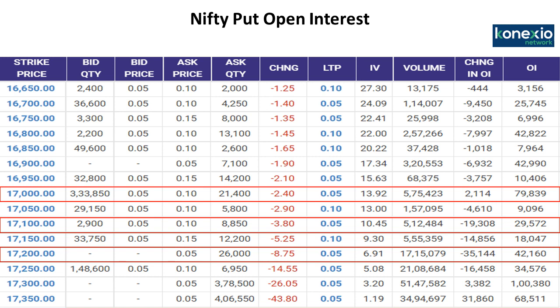So we feel that from Monday onwards we might see a highly volatile session, because looking at the Nifty calls and Nifty puts, the action was not that intense, but we might see building up of open positions for the next week. The view is that we might see writing in Nifty out of the money calls, as well as buying of out of the money puts, at least for the next week. So traders need to be cautious. Those who are long should try to exit or book profit if there is any pullback from these levels.